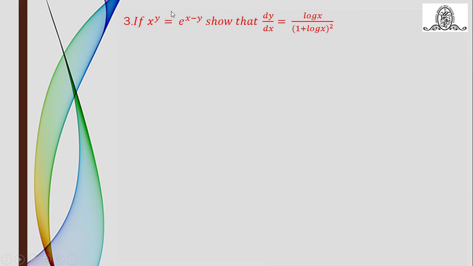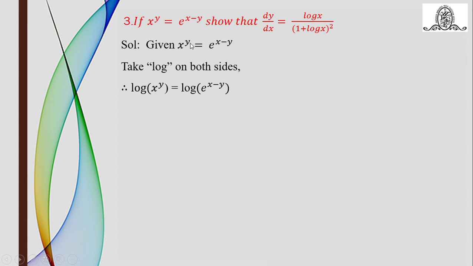Now here you have to remember one thing, students: if your function is in the form of variable raised to variable, see your left hand side is variable raised to variable, x raised to y. So if the function is like variable raised to variable, always remember that while differentiating it, you compulsorily have to take logarithm there first. Because for such a type of function, variable raised to variable, we don't have any formula in derivatives. This is not x raised to n. This is once again not a raised to x. Both your base and index are variable. So there is only one option, that is to take logarithm first.